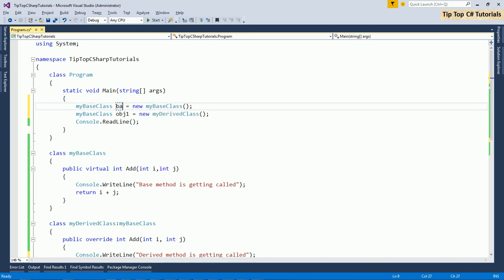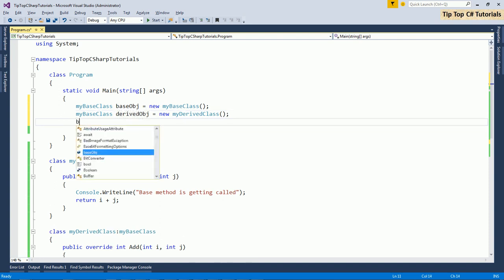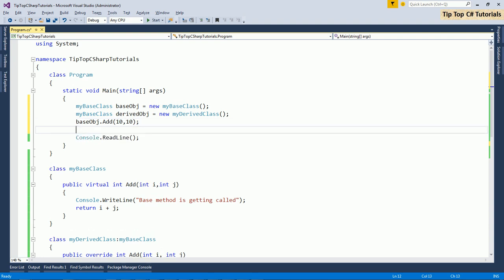I'll name them base obj and derived obj. Now let's call both the methods. Add, if I pass 10 comma 10, and if I do 20 comma 20, if I execute this one,